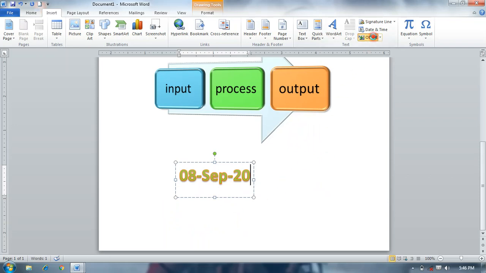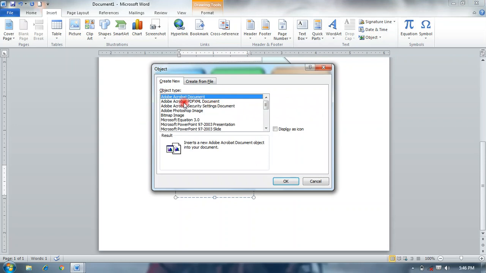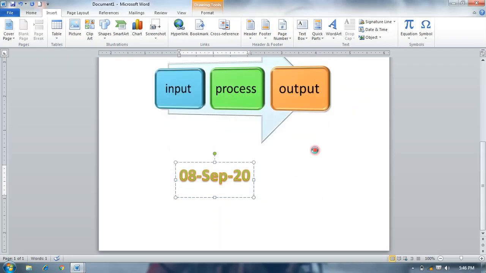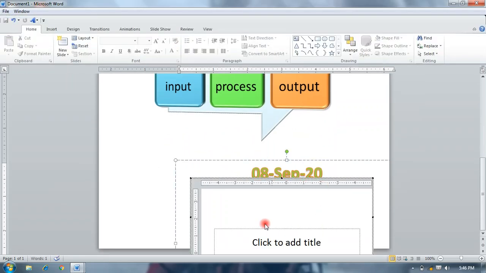Object inserts any object from your system. So this type of box is open, and you can see this. Select any type of object and insert yours like that. We select PowerPoint, so it is inserted in it.